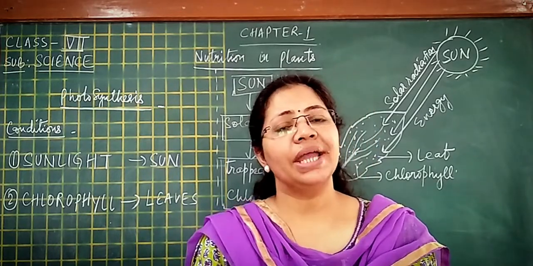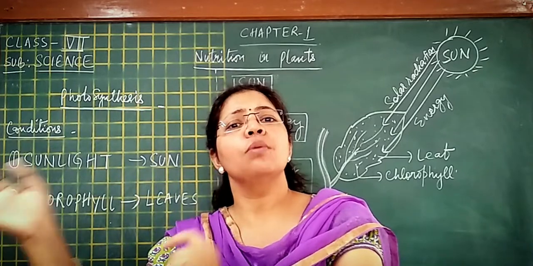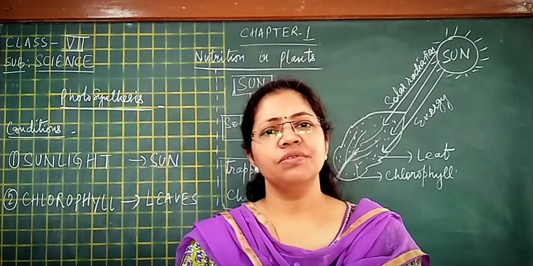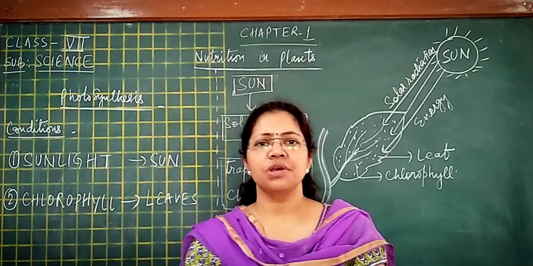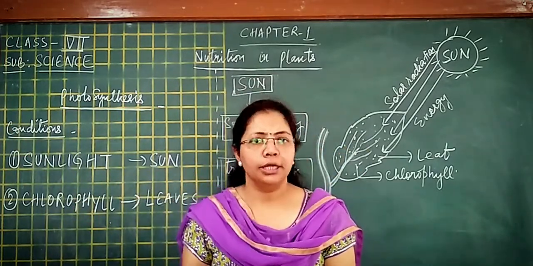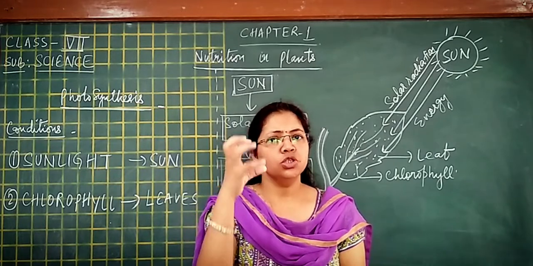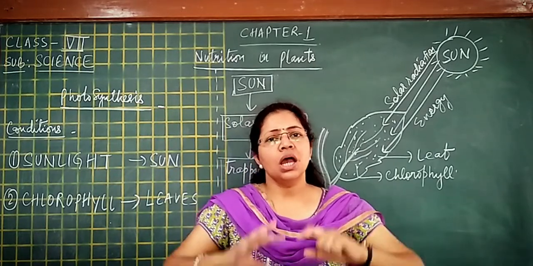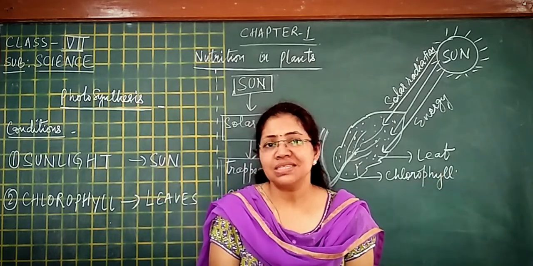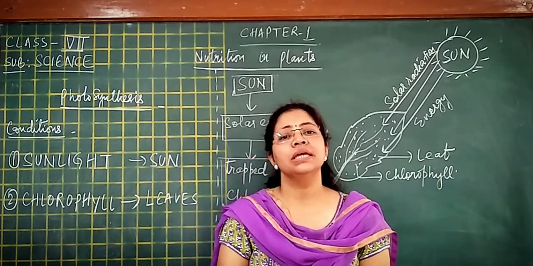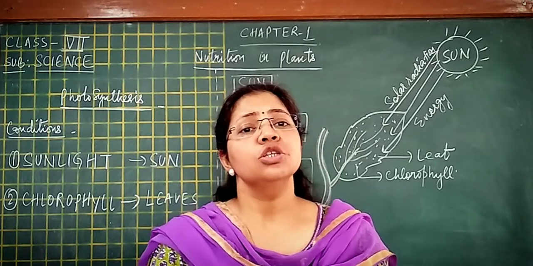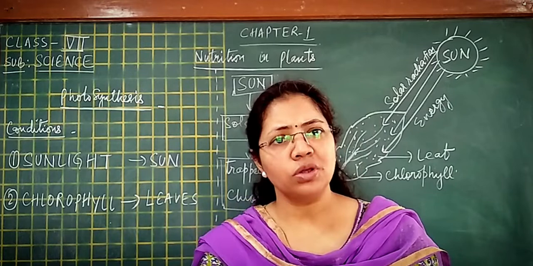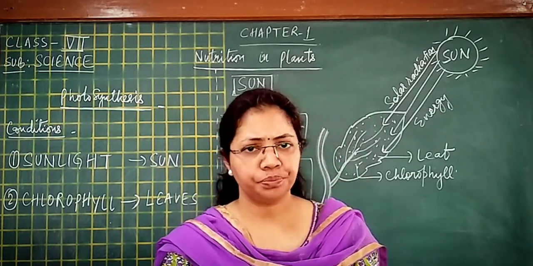And the same carbohydrates get transferred into the bodies of we animals through various steps, and because of that, energy keeps on transferring from one level to another. So, the sole source of energy on earth is the sun, and among all organisms, it is the plants only which can trap this solar energy of the sun, and that they do by the process of photosynthesis.